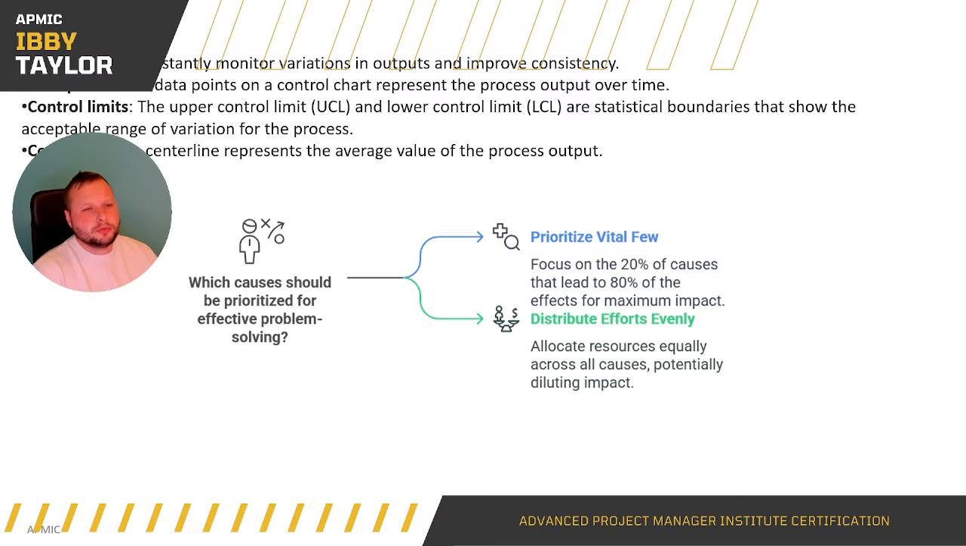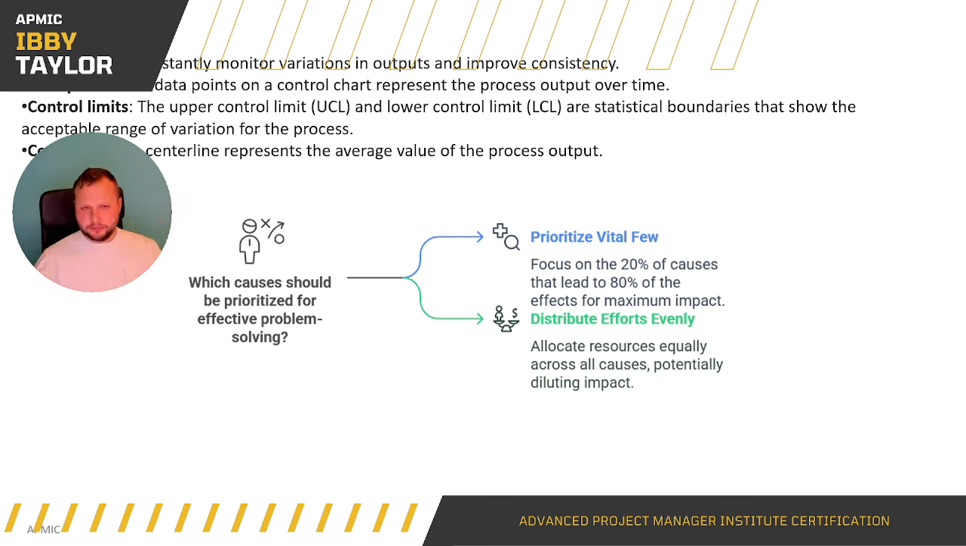So they are visual tools to constantly monitor variations in output and improve consistency. So data points, those are your points which represent essentially what's going on. You're then going to have your control limits, so upper control and lower control. These are the boundaries that show you an acceptable range. So if you've got a data point within these two lines,